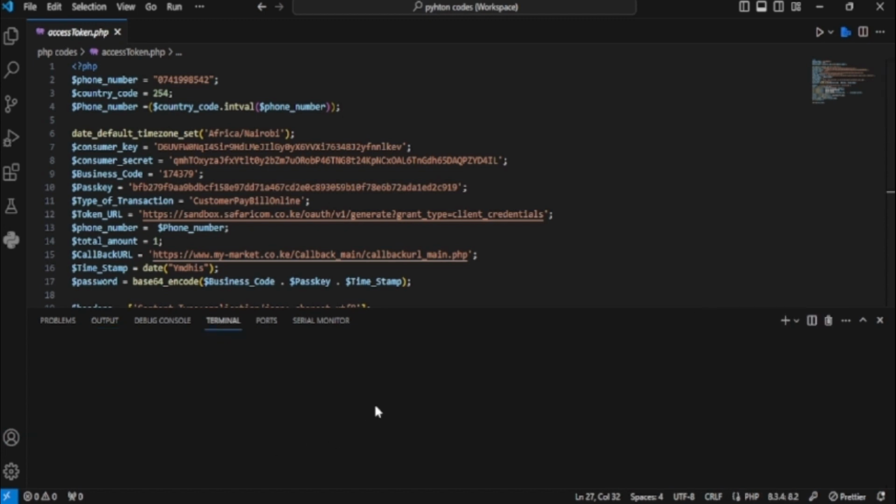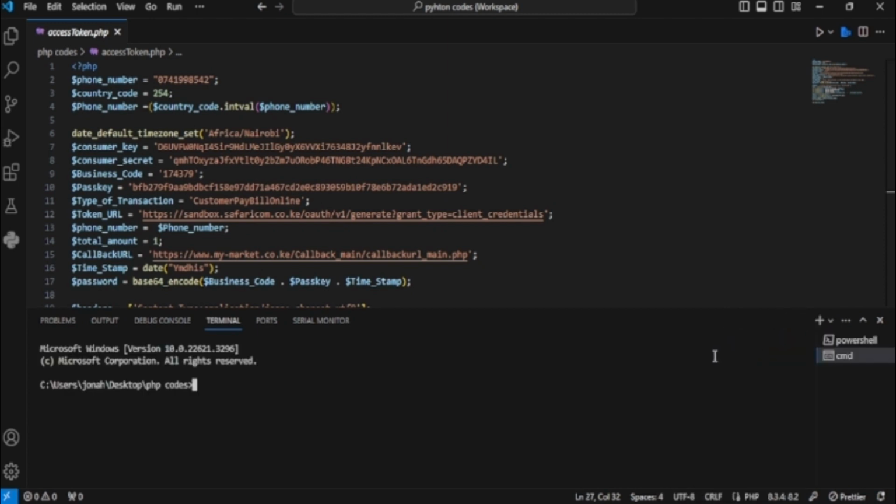But when I run it on my terminal, on my command prompt, it tells me that curl has been installed into my PC, but I don't know why it is not running in my PHP. When trying to integrate it with PHP, it's giving me an error. That's why I've decided to use the other platform, which runs smoothly. Let me open command prompt here so that I can show you what I'm saying. So if I type here